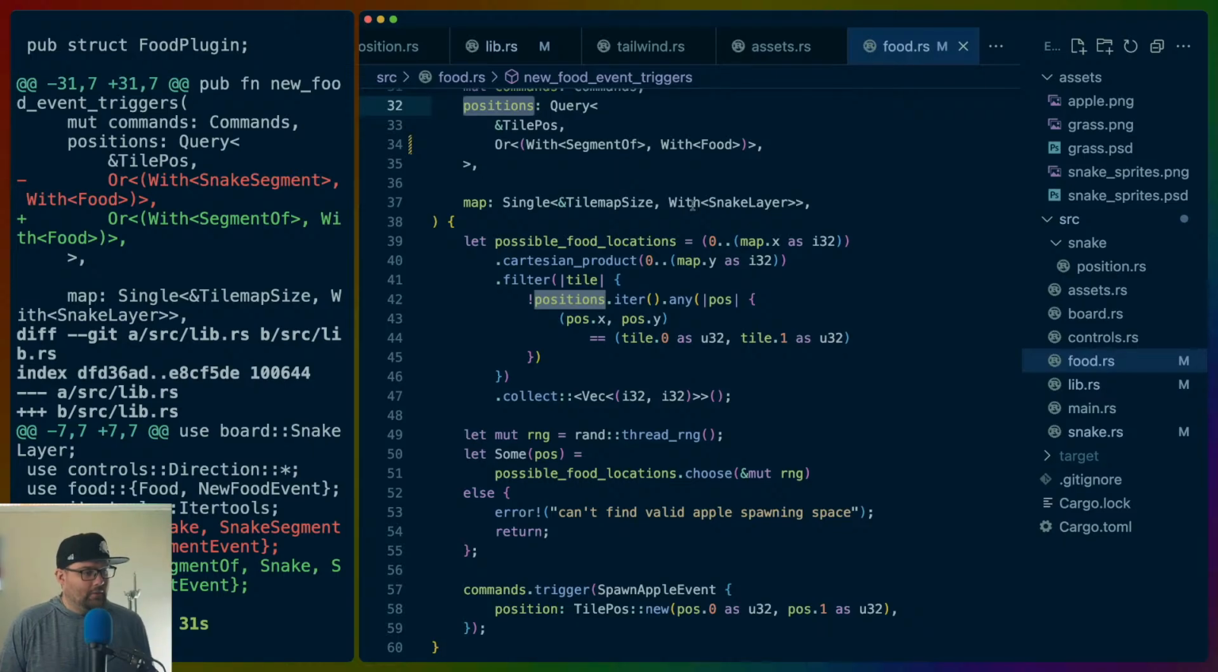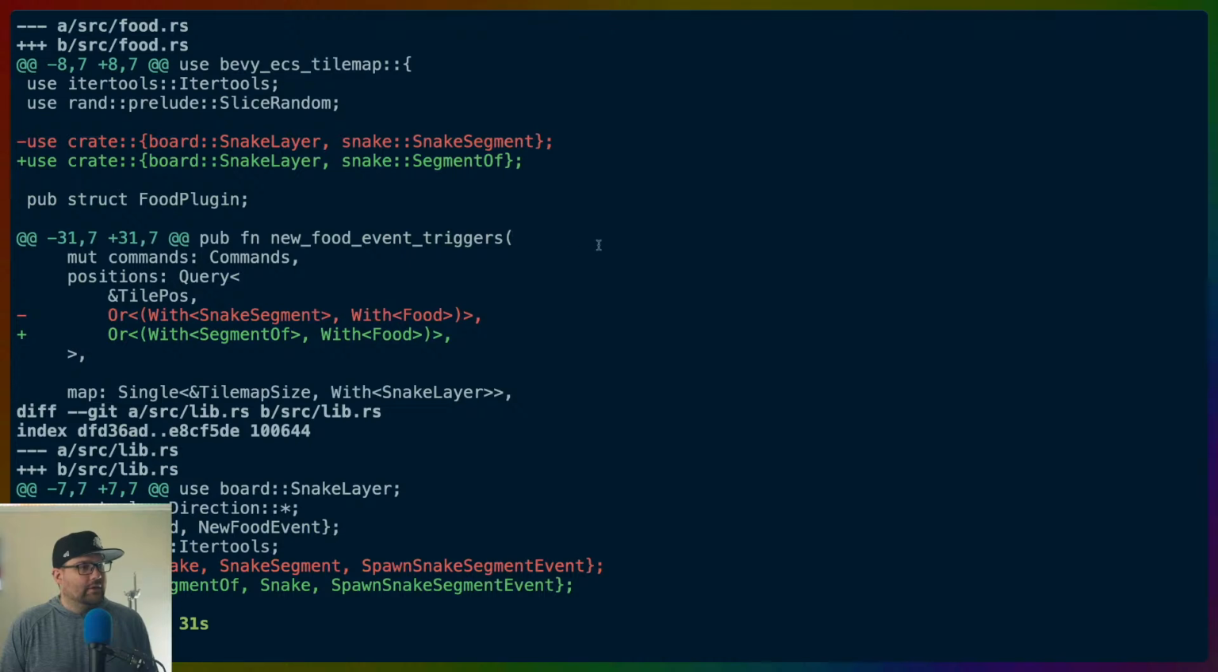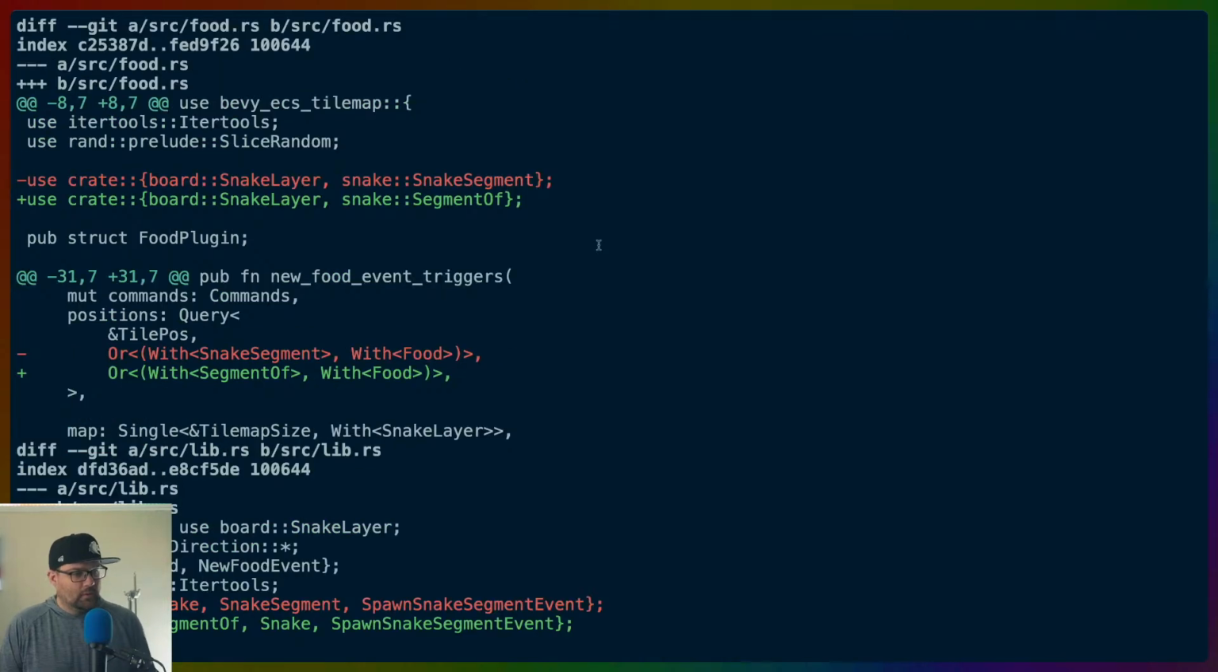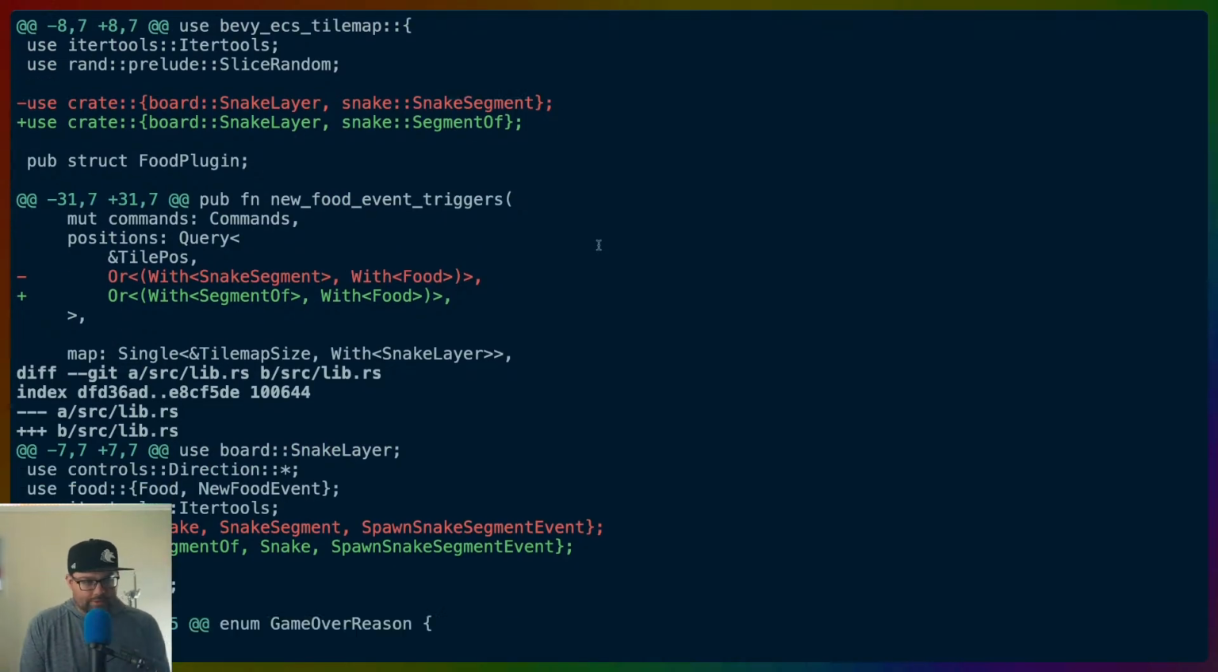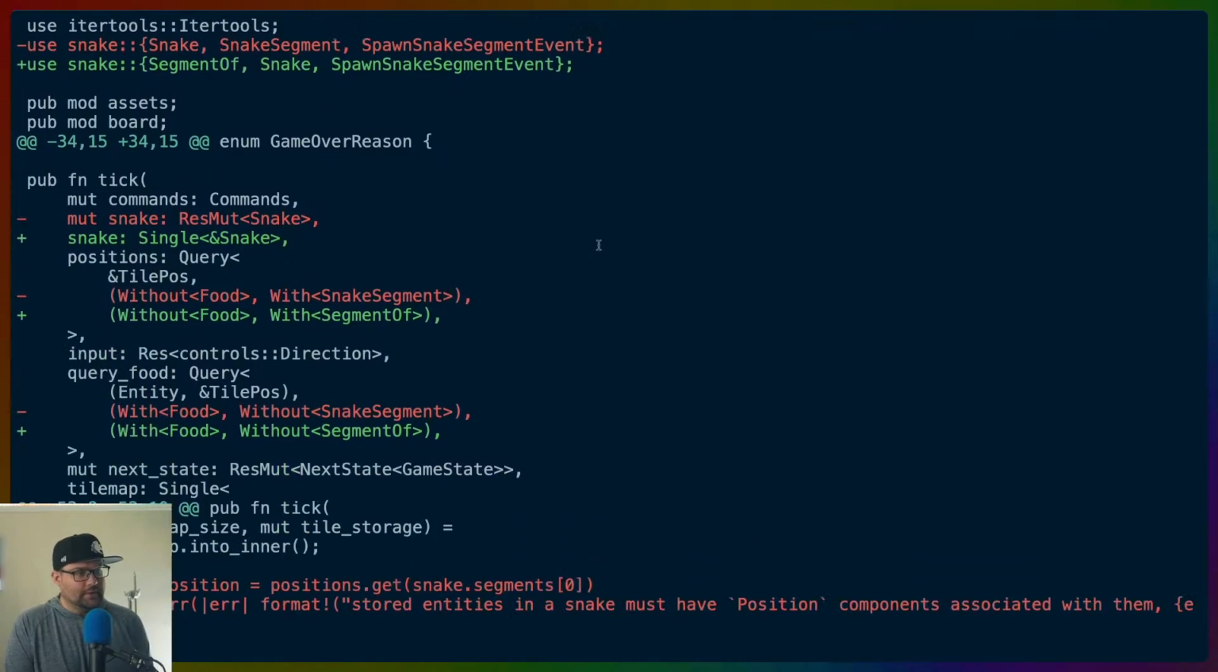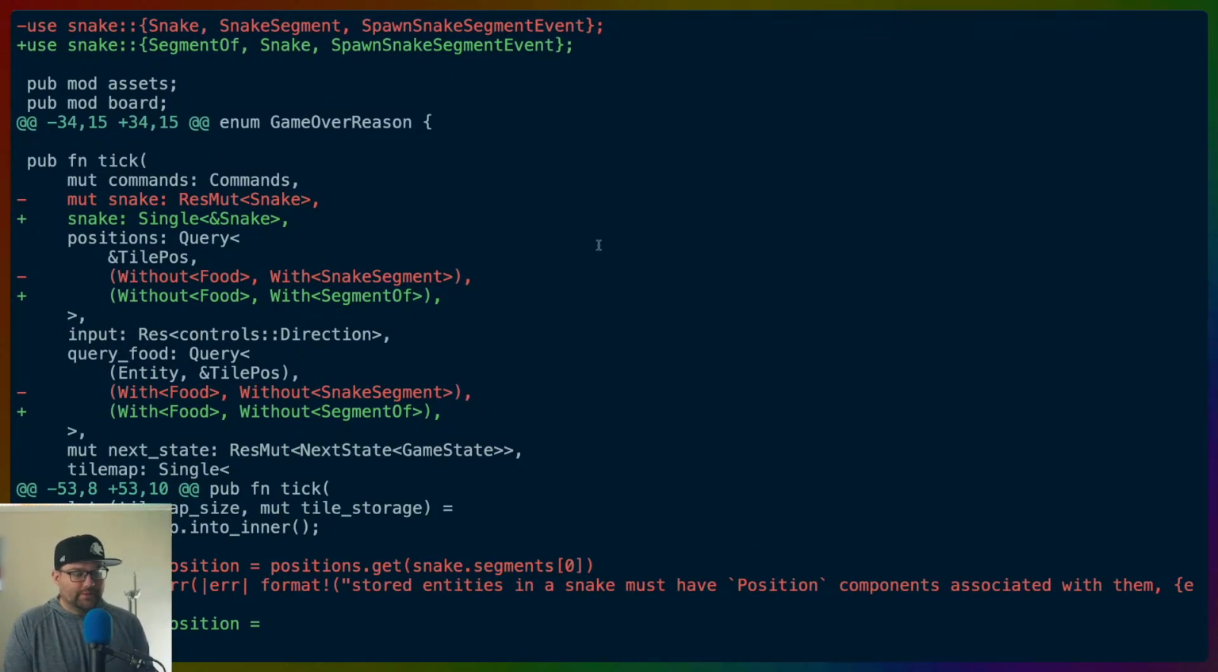Either way, not really related to the segment of, or not really related to the relationship change. So I think that query is fine. Doesn't really change that much. These queries also don't really change this much. There's a new concept introduced by doing this, and it's the concept of entities that are not visible things,